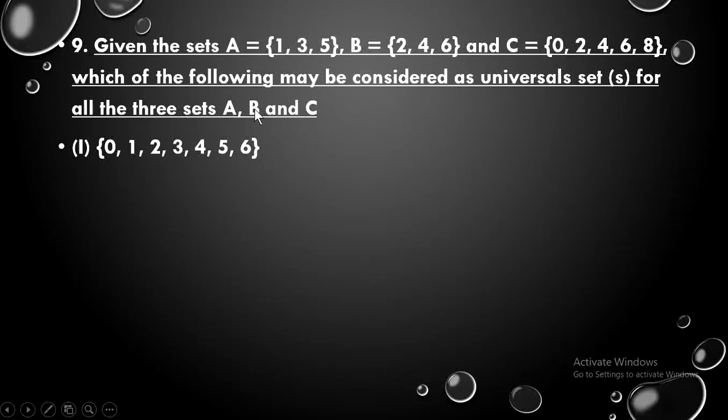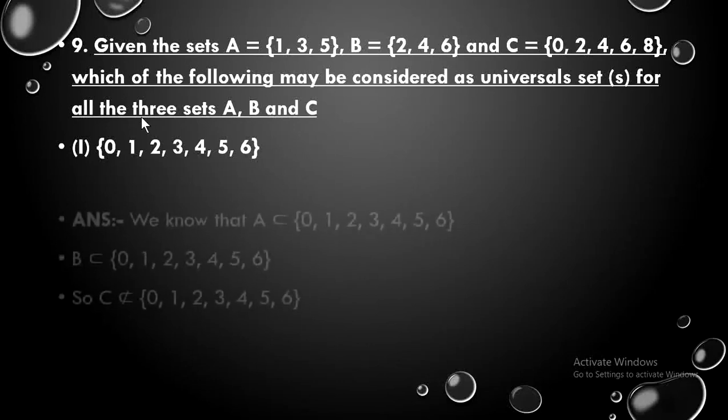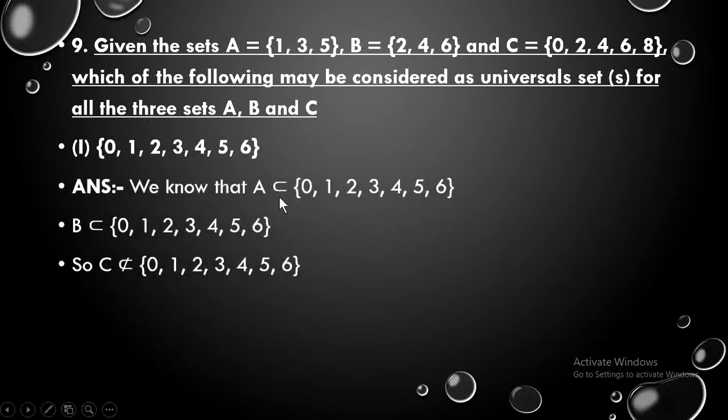It means that this set which they have given you in the question should contain all the elements which might be present in either A, B or C. That is, all the elements which are present in A, B or C should be present in the set they have given. The first one is given in the form of subsets. Now if the set is a subset of the other set, then automatically it works, but over here you can see all the three sets are not subsets. So it will not be the universal set of all these three sets.